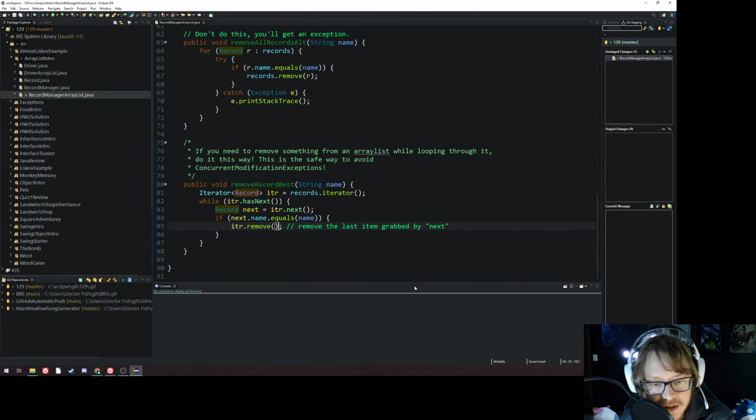So it's a little bit different syntactically, and it's a little complicated with the little brackets and the fact that you have this fancy thing called an iterator, but it's really not that complicated. You're just looping through just as you might with the for loops. It's just a slightly different syntax, and it's safe to remove things as you go through. Now, one of the disadvantages to the iterator is that you don't have the index here